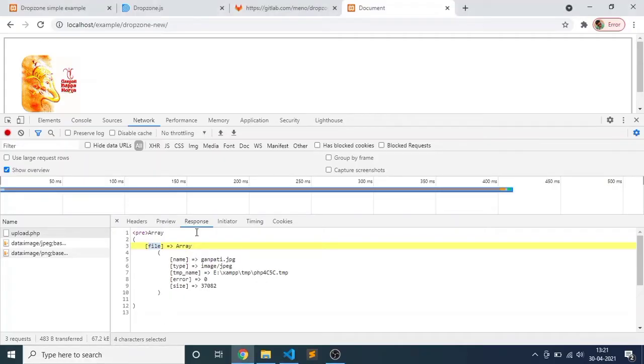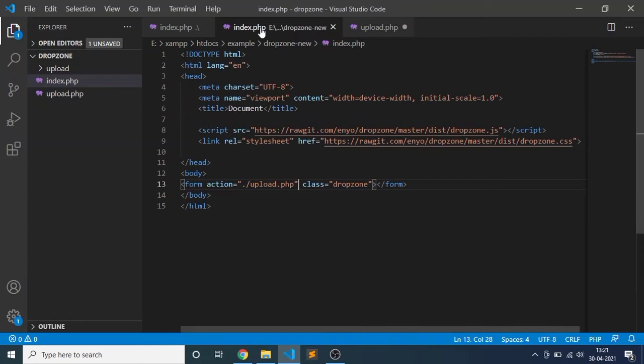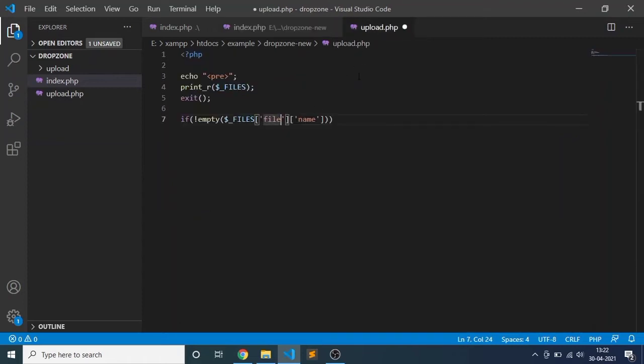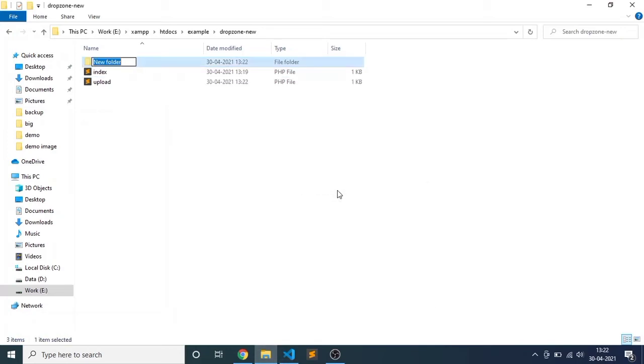File is the default element this library adds to the form. This library automatically includes one file input element which can be used when uploading. Now we are creating one folder to upload my file on the server.